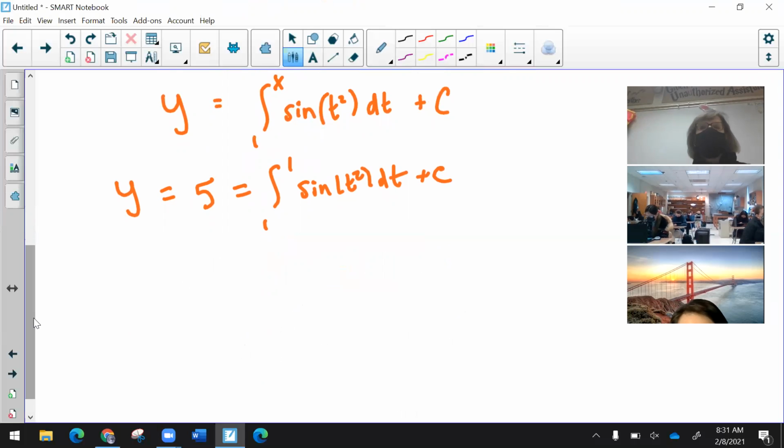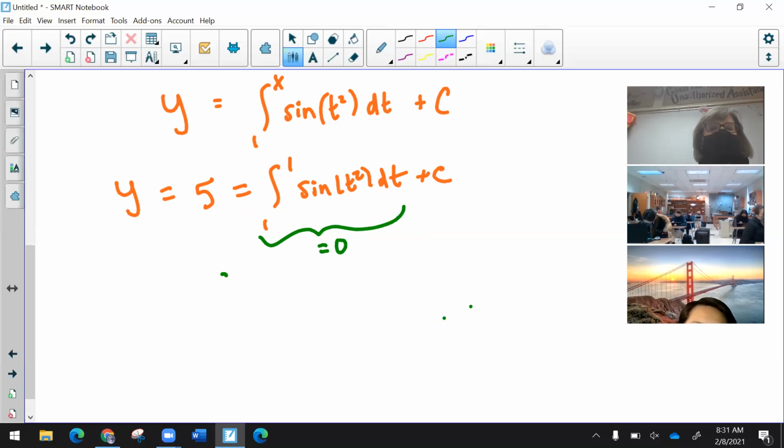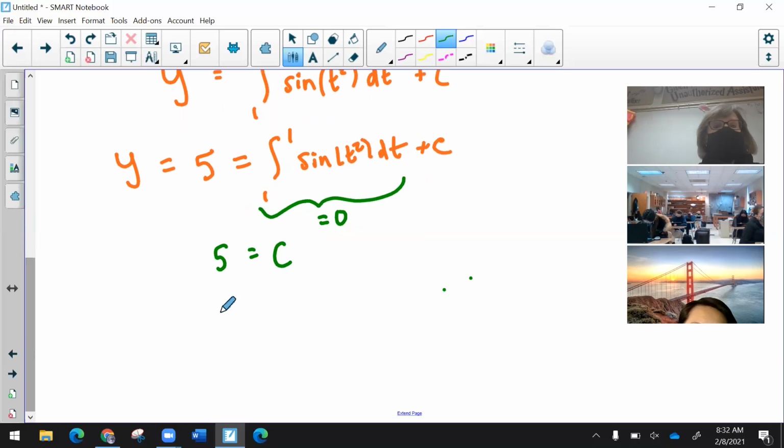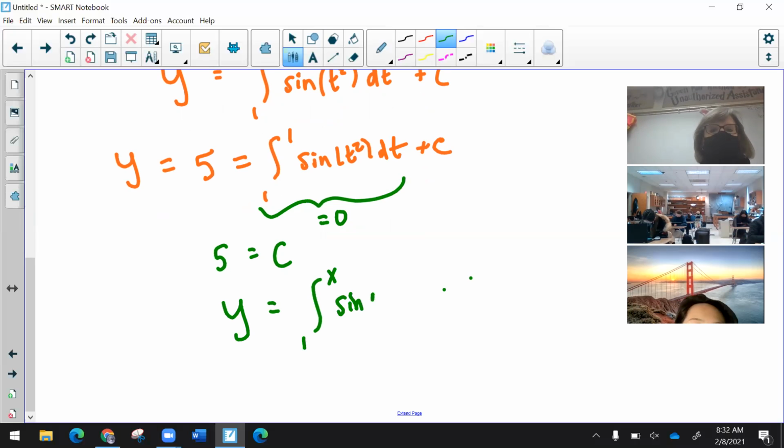And then what's my integral from 1 to 1 of anything? 0. Thank you, Kim. So this tells me that 5 is equal to c. Or my solution is y is equal to the integral from 1 to x of sine of t squared dt plus